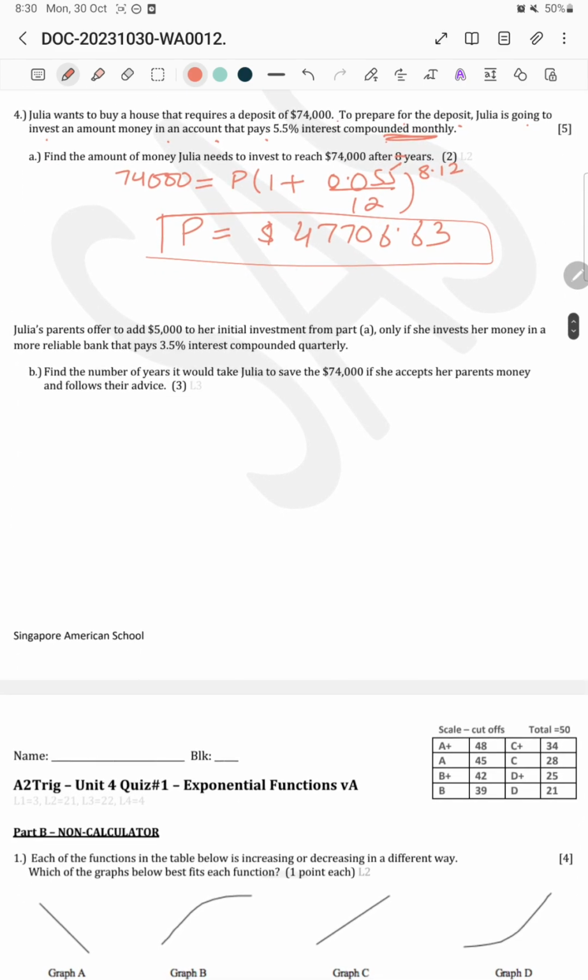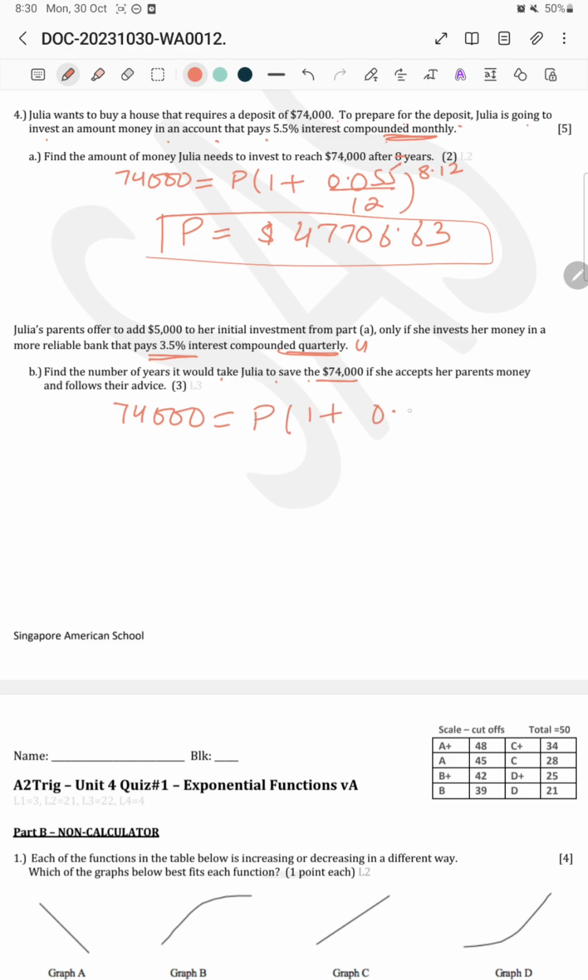Julia's parents offered to add 5,000 to her initial investment from part A only if she invests her money in a more reliable bank that pays 3.5% interest compounded quarterly. Quarterly means 4 times in a year. Find the number of years it would take Julia to reach 74,000, which is equal to P